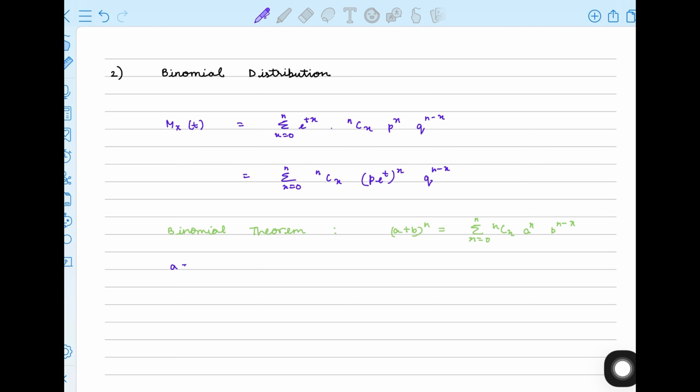Here a is equal to p into e to the power t and b is equal to q. So, on inputting these terms on the right hand side, we get this, which gives us the MGF as